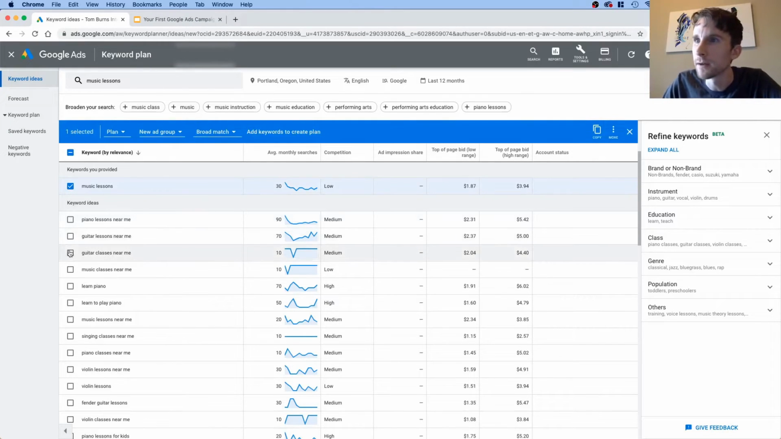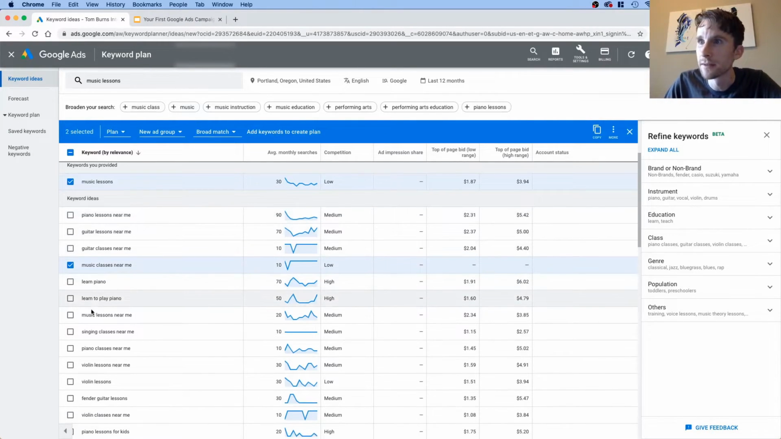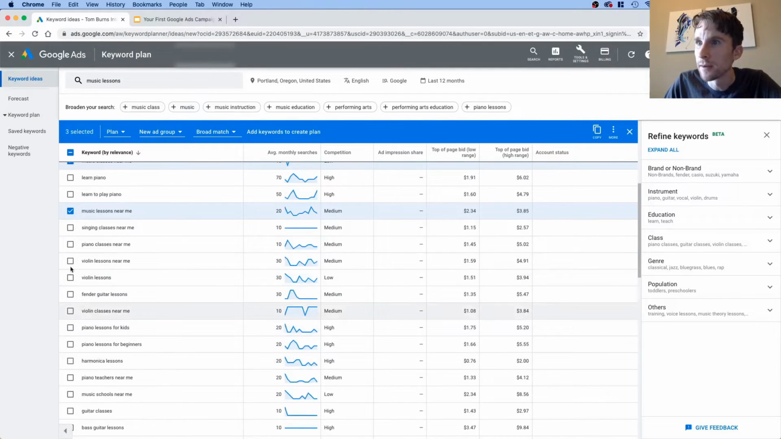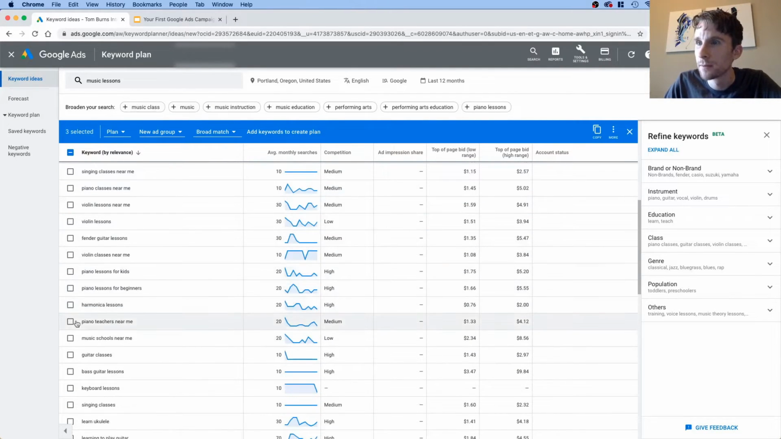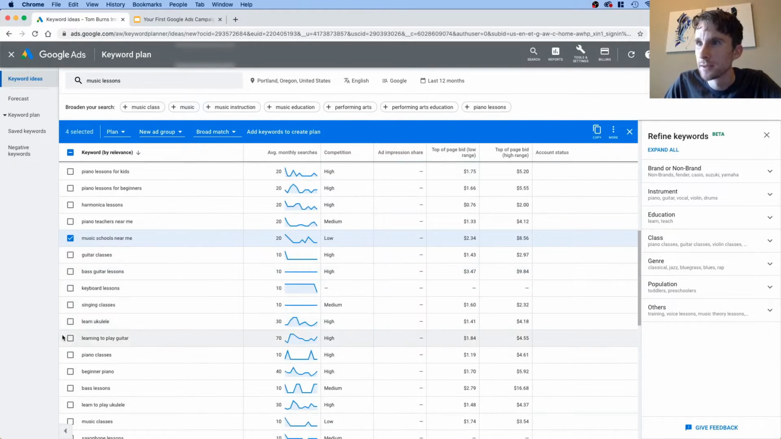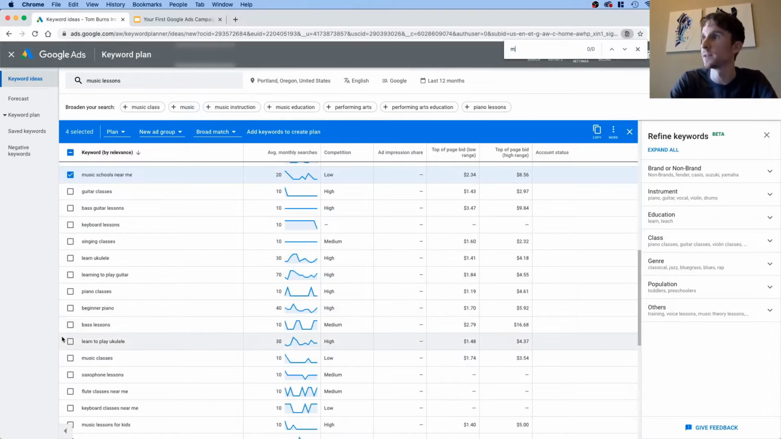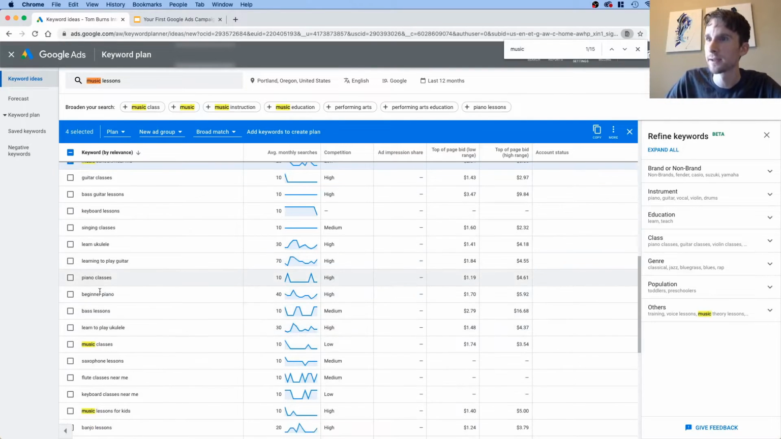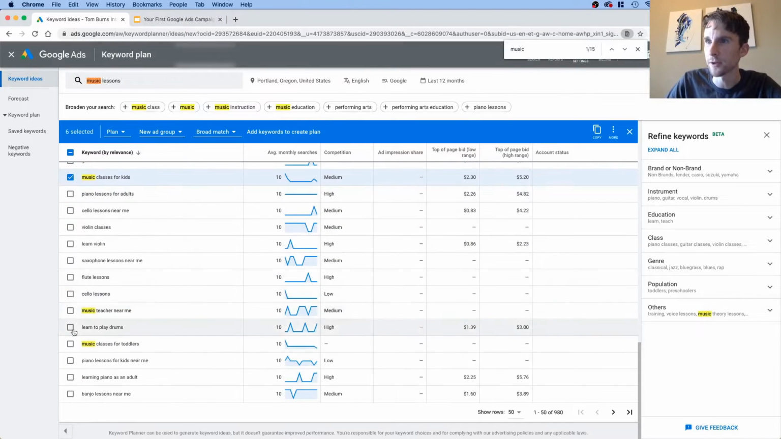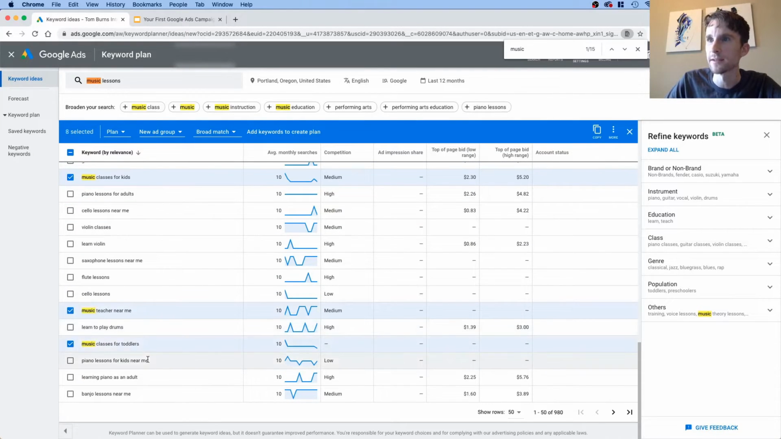So there, guitar, music classes, music lessons near me, piano, music schools near me, that works, singing. And to shortcut this, I'm just going to search for music classes for kids, sure. Music teachers, music classes. Okay, now before you add these keywords to your plan, what you need to do is go up to here